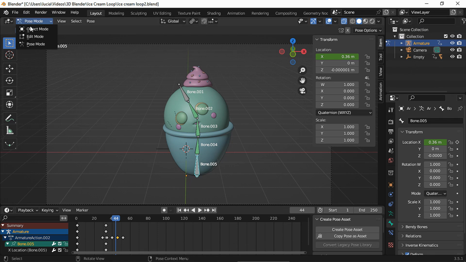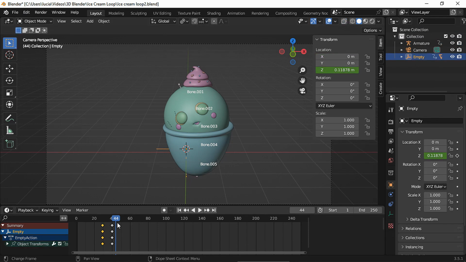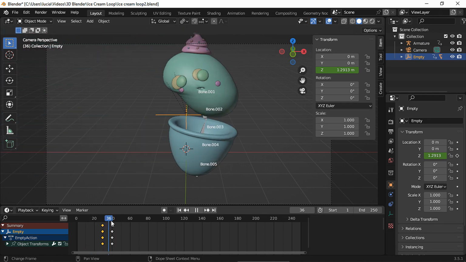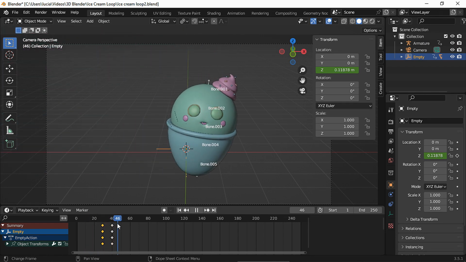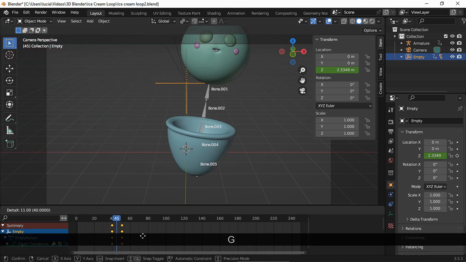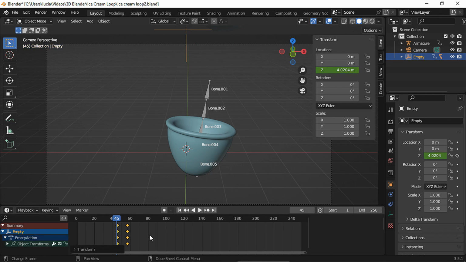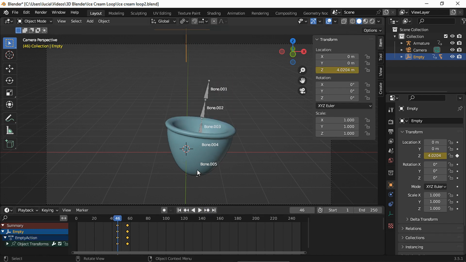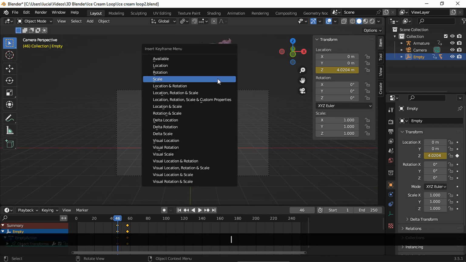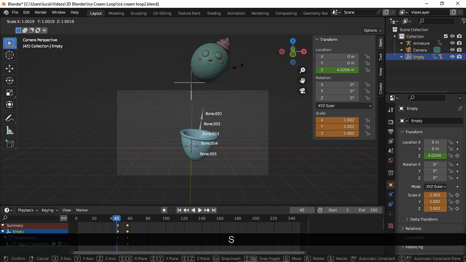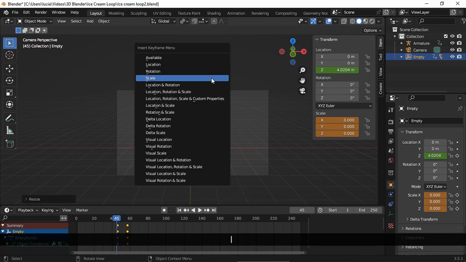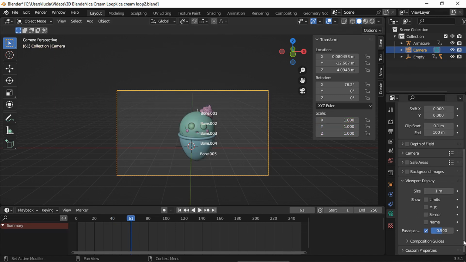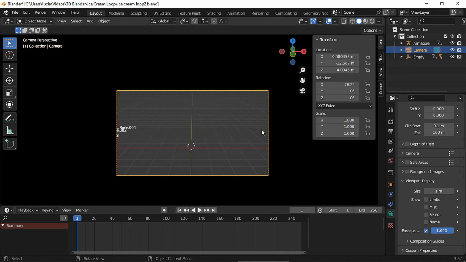If you take a look, the scoop of ice cream acts out when the cone is moving, and we don't want that. We want the scoop to appear from the top after the cone stops moving. So first, I'm gonna move the empty's keyframes to frame 46. The second keyframe is in frame 57, by the way. On the first keyframe, set a scale keyframe, and one frame before, scale to 0 and set a scale keyframe. Let's set the camera sparse back 2 to 1 to get a cleaner look, and let's see.